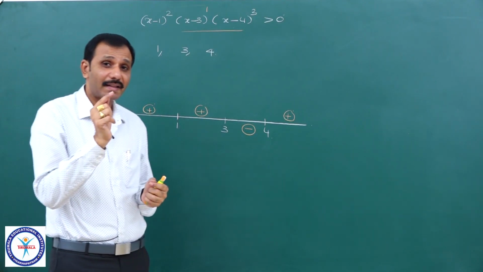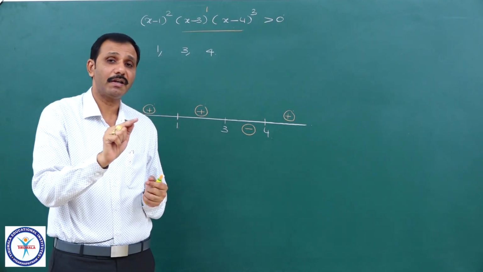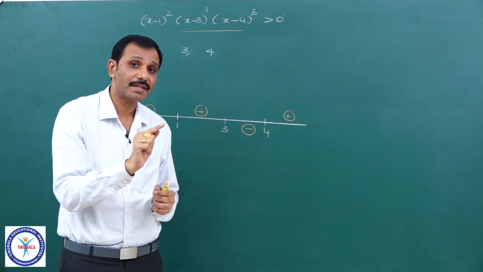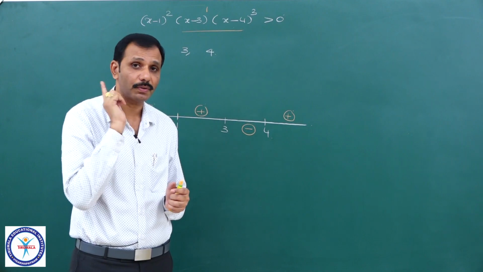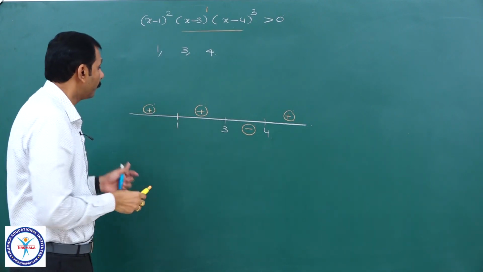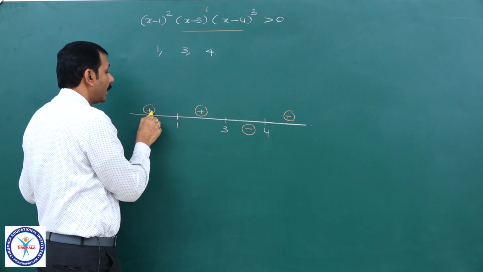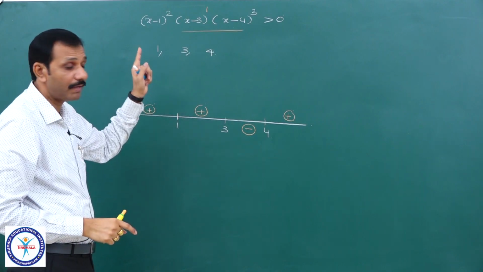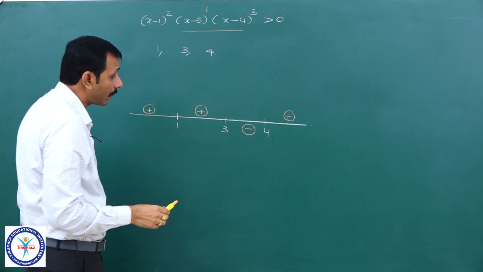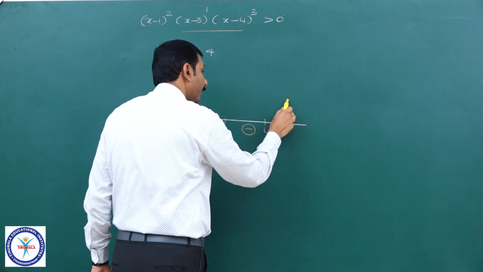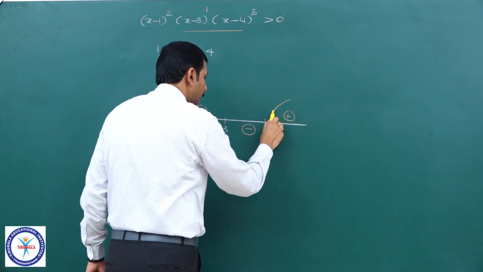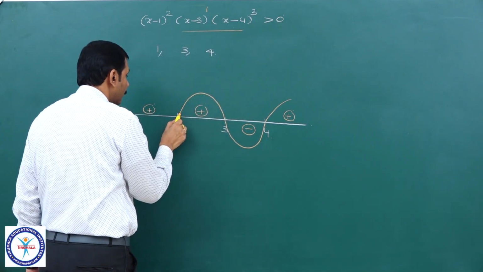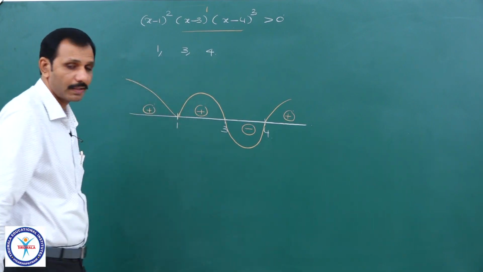Because for that particular linear factor, if the power of that factor is even, the sign will not change at x equal to that 0. That point you need to observe. Because on the right hand side or left hand side, the values of this factor will be positive only because of the even power. Now if I want to draw a rough curve, we call it a wavy curve. Here it is positive, it is negative, it is positive, and it will not cross this x axis, it is positive only.